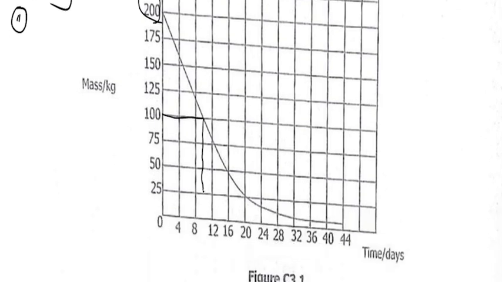So the time is somewhere between 8 and 12. Somewhere between 8 and 12, I would say 10. Time is in days, so I would say 10 days. That is just an approximate. Maybe it might be 11, maybe it might be 9, but 10 days is okay. Let us look at